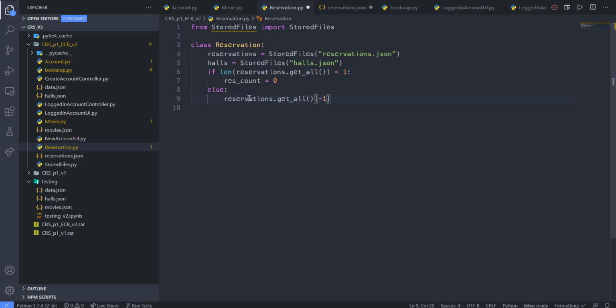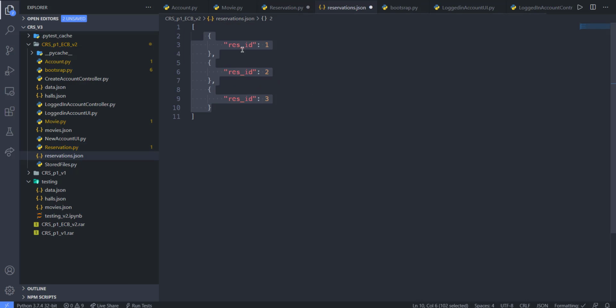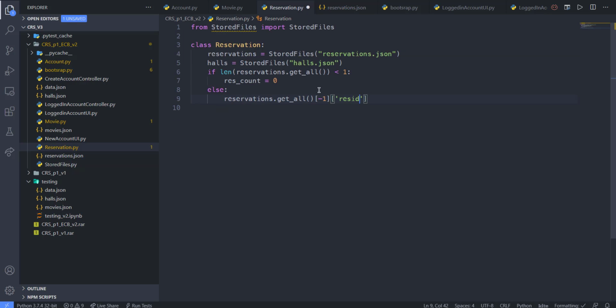And the last element is a dictionary. From that dictionary, get the reservation ID. But I'm not gonna use the underscore here, so we're gonna delete this. It's just gonna be a res ID. Get the res ID, and this guy is going to be my actual